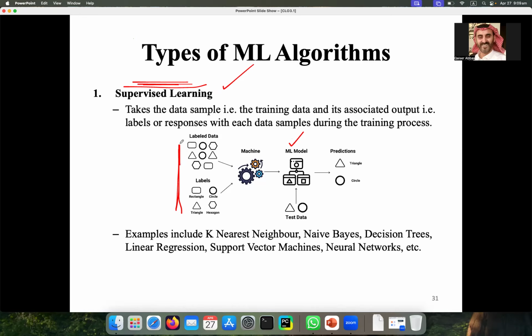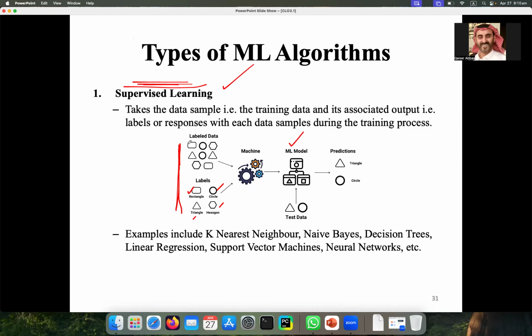For example, if this is the data of images, and these images contain rectangles, circles, hexagons, triangles, then we will also have the names, that this is a rectangle, and this is a circle, hexagon, triangle. So we also give labels to those instances of that data.